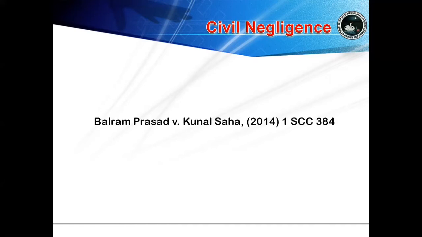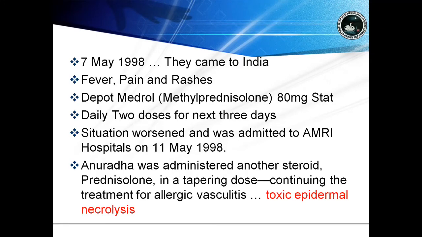It is Kunal Shah versus AMRI Hospital, 2014, where a huge compensation, up to around 12 crores, was given. This is a case well worth discussing. It goes back to 1998, the husband and wife, Kunal Shah and his wife. Kunal Shah is a pediatrician, I think, and his wife is a child psychologist. They work in the US. They come down to India, and in Kolkata, I think, she develops a rash within 2 or 3 days, and she presents herself to a doctor who diagnoses that the rashes on her body are because of some kind of